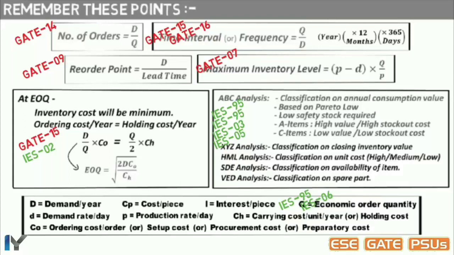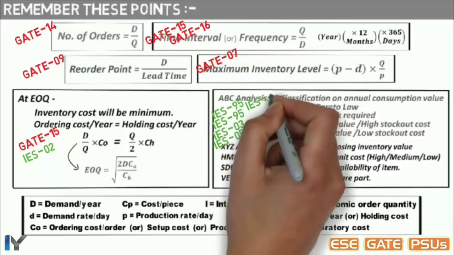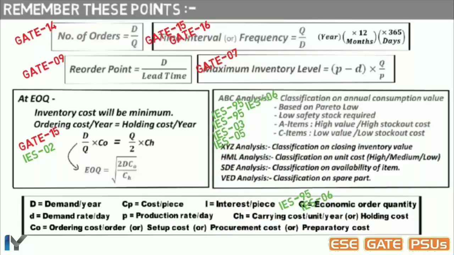Which one of the following is an inventory system that controls the amount of stock when it drops to a certain level by ordering a fixed quantity, and that is economic order quantity. In IS 2006, in the ABC method of inventory control, what is the usual percentage of A items? 10 to 20%. In IS 2007, match the following was there. Procurement cost means cost of receiving order and the carrying cost means cost of holding materials.